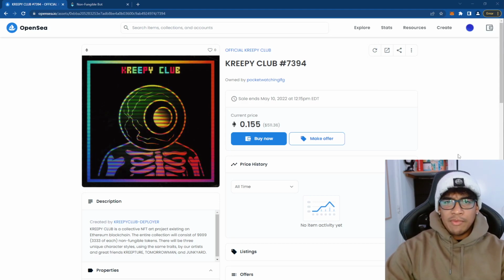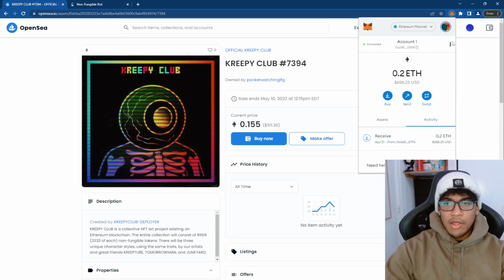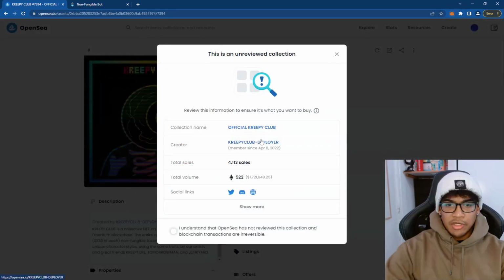A lot of people don't know how to manipulate gas on MetaMask, so I'm going to go ahead and make a tutorial for you guys right now. So here I have a burner wallet I just set up. I put in 0.2 just so we have something to work with here. So the first thing we're going to do, I was going to show you guys an example here, is if